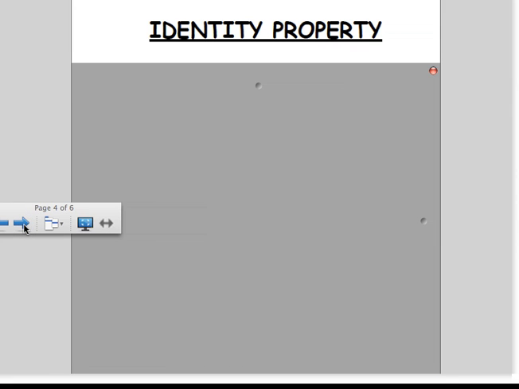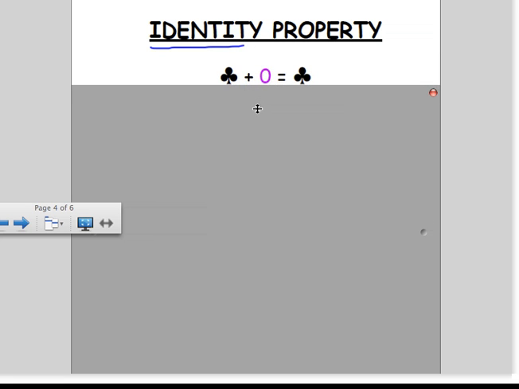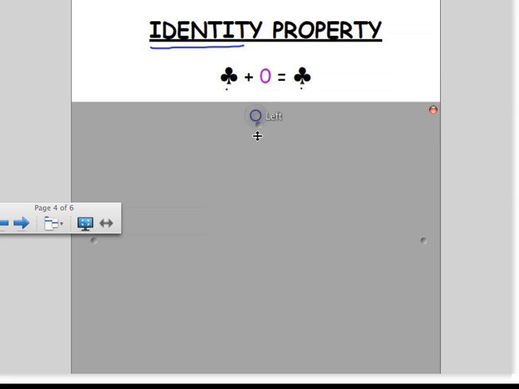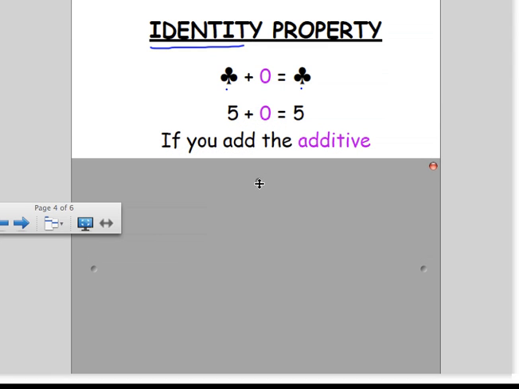Third property we're going to look at, identity property. And again, I'm going to start our conversation with looking at the actual word, the identity. When you think of your identity, you're thinking about something that's really important about you, something that you don't want to change. And so when I think of the identity property, I think of what do you need to do to something so that you don't change its identity. So if you have, for example, club, and you add 0, you know that you're still going to end up with club. It doesn't change the identity of that object or of that number. So the identity property says if you,